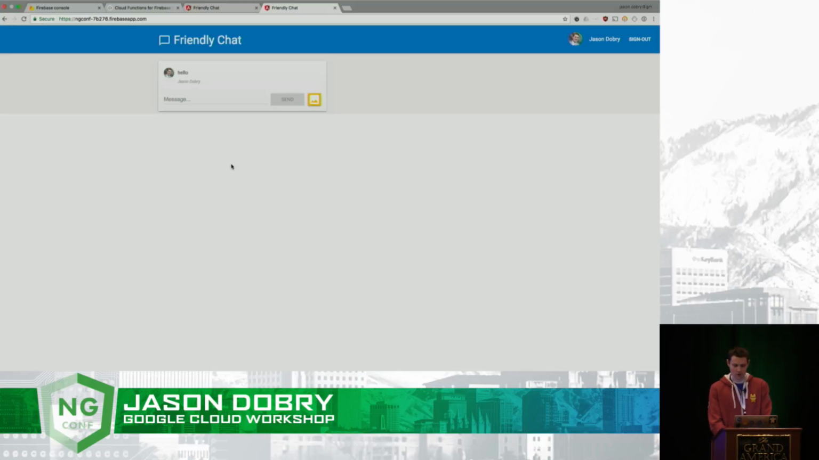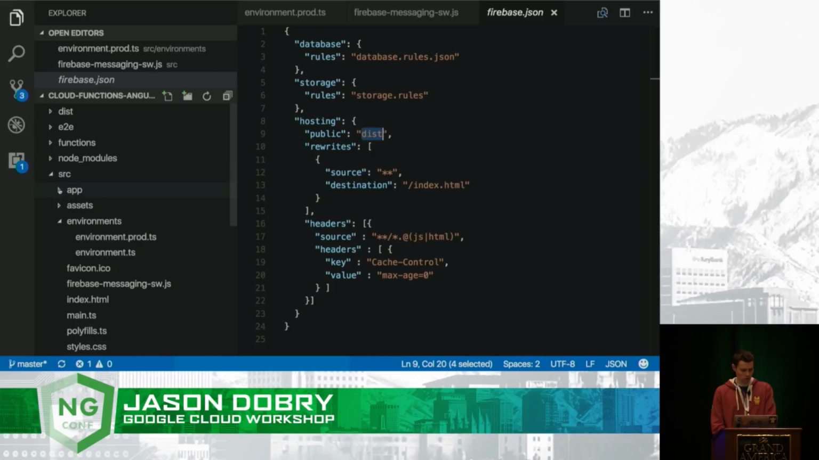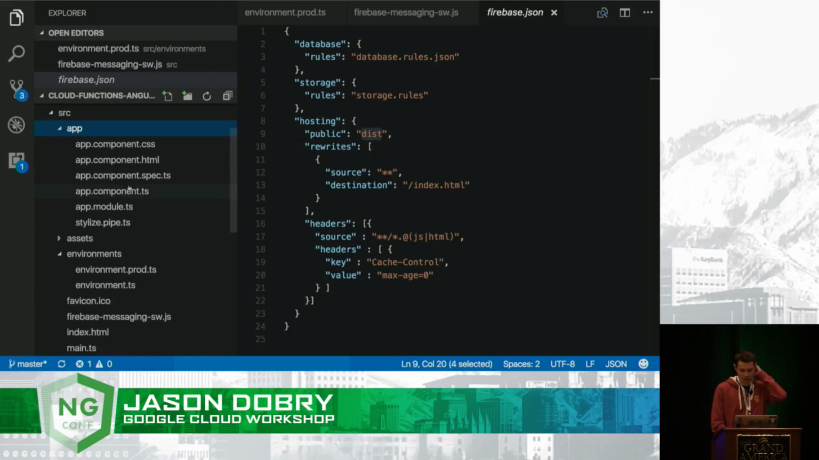For those curious about Firebase's real-time database, I just typed into an input field. I hit enter. What just happened? Because the message appeared above in the list. What happened there? If we just look into the code real quick, let's go into some Angular code. Source, app. There's the familiar app.component files. If I come in here to